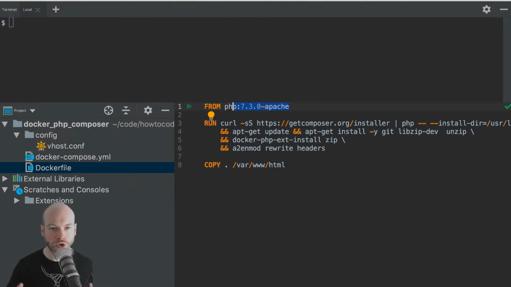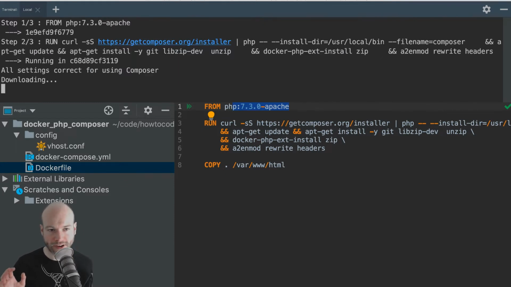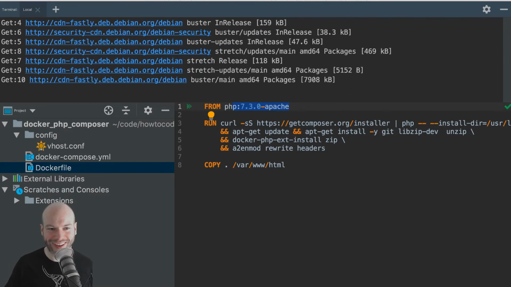So what it will do is it will build that. Now I could do Docker Compose and then build to build that, but what I would like to do is build it and bring it up. So I'm going to do docker-compose, and then it's just up, and I want to do it in detached mode, so up -d. So press enter on that, and it's going to fly through this, I hope.